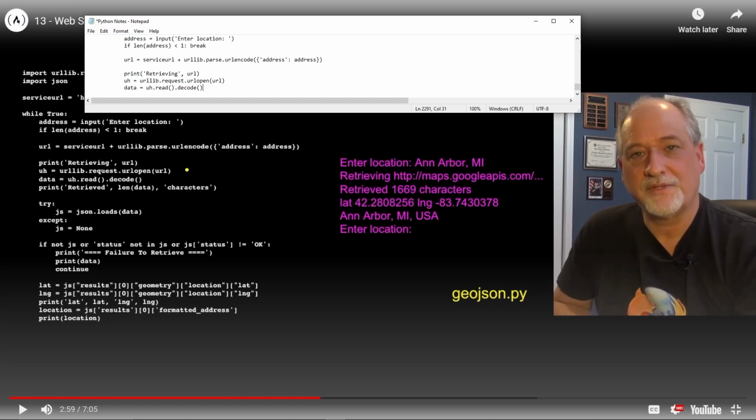What's uh stand for though? We'll ask ChatGPT. ChatGPT is definitely going to know. All right, so now we're going to do print Retrieved, comma, len data, comma. And we're going to have characters after that in a string.